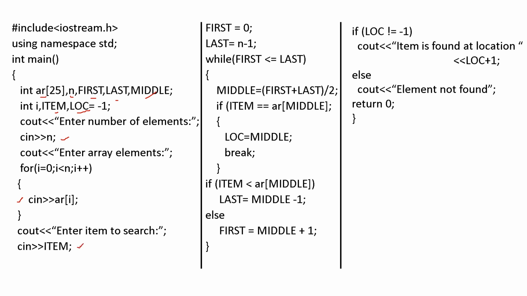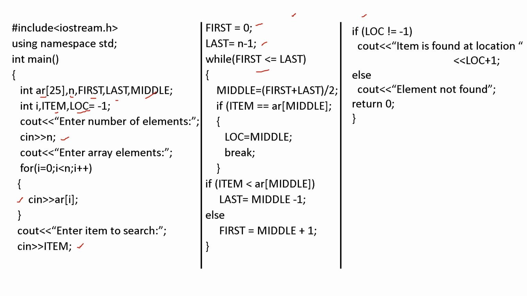Okay, now basically we have to initialize first as 0 and last as n minus 1. Say this, if first is less than or equal to last, that is a normal procedure because of ascending order, first should always be less than the last element. So you have to check whether first is less than or equal to last. That is, you are checking whether they are in ascending order or not.